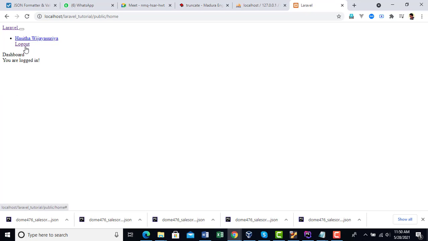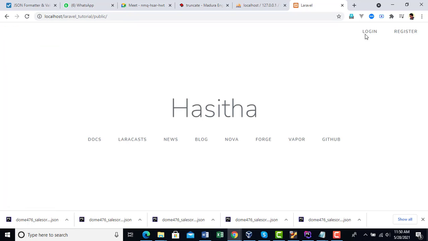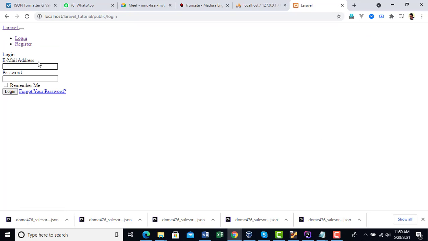Then I can login. You can go to login and add a wrong email and password. Then this message, these credentials do not match our records, will come.